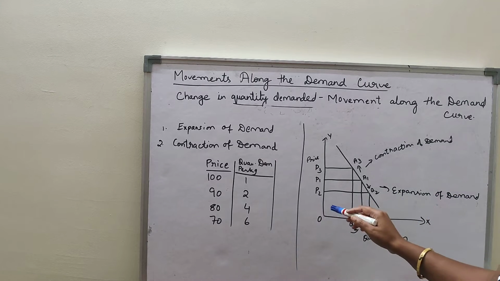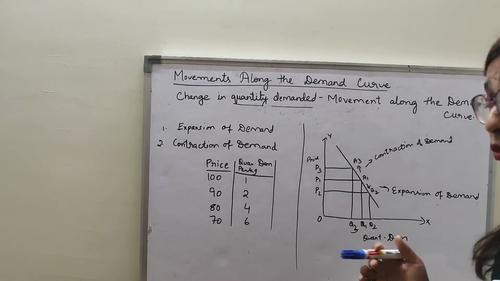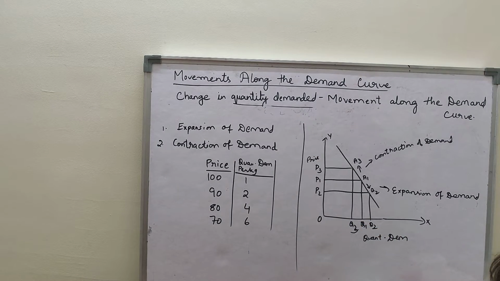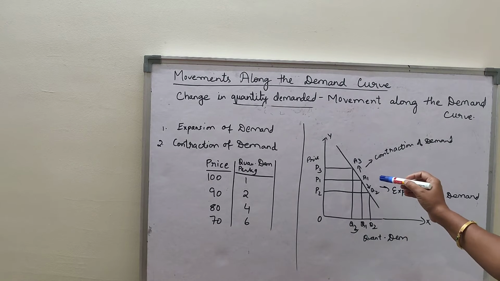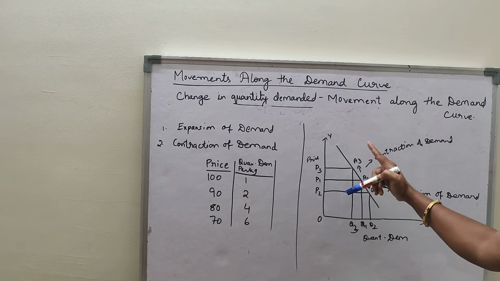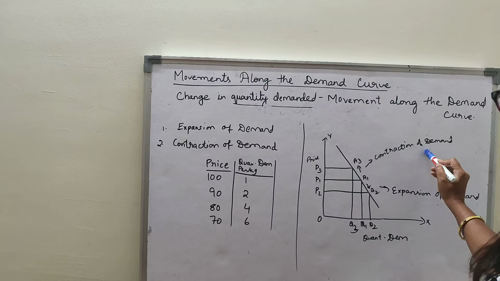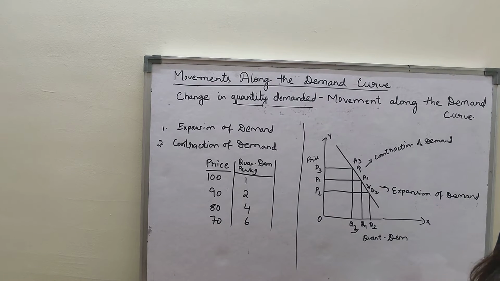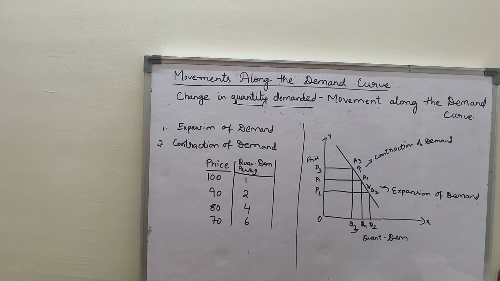Now see, on the other hand, when the price rises from OP1 to OP3, there is a fall in quantity demanded. That means from OQ1 to OQ3. Price rises, there is a fall in quantity demanded. So what you can see here, a movement from A1 to A3, which is indicated by an arrow, is the upward movement, is known as the contraction of demand or decrease in demand. Clear? Which means the fall in quantity demanded. This is the movement along the demand curve. I hope it is clear.